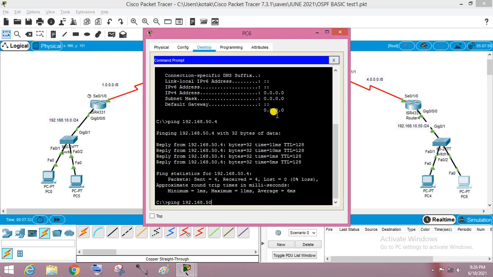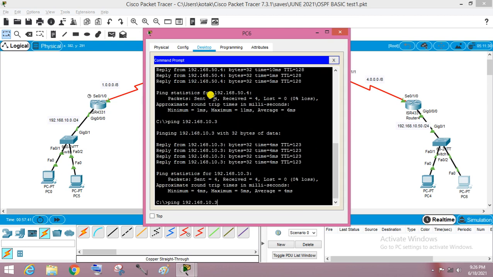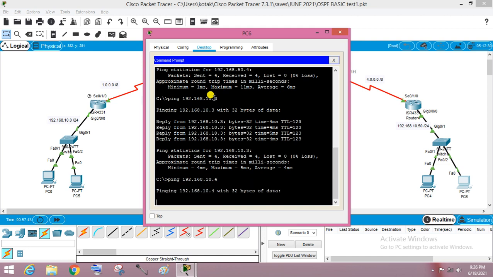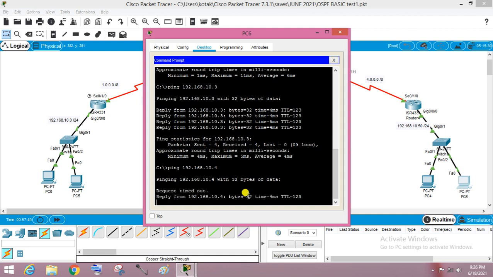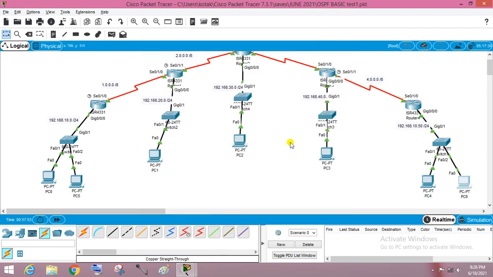Then go to 10.3, that is this PC. Yeah, it's pinging. And you can check 10.4, it's also pinging. Just wait for some time.